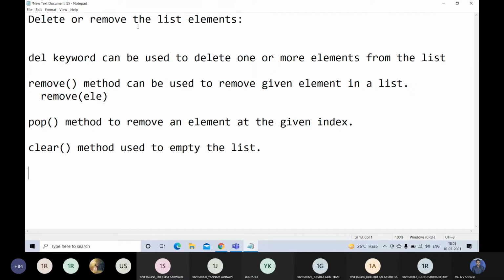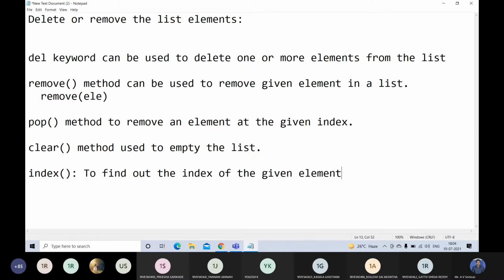Then we are going to see other methods which are available with the list. The next method is the index method. This method is used to find out the index of the given element.